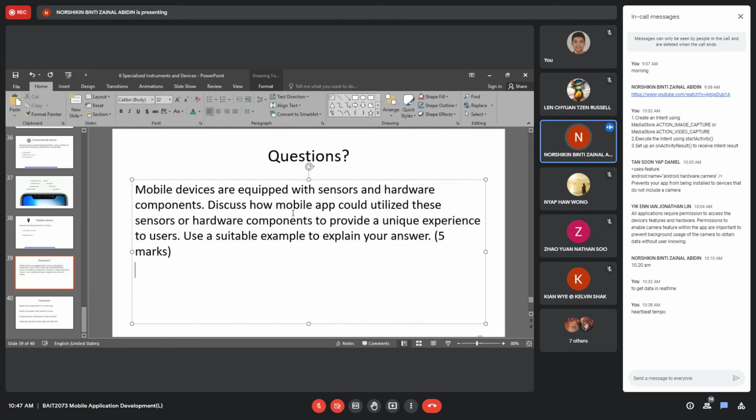So we get the information from the sensor, and then the sensor sends the information it gets to our application. This is the application of the sensor with our application last time, helping to send the data to our application. I don't remember it fully, but I think we did this one time. As for the unique experience to the user, the user can use that application to get the temperature of that area. I think that's all I can relate, because this one is already a combination of a few things.